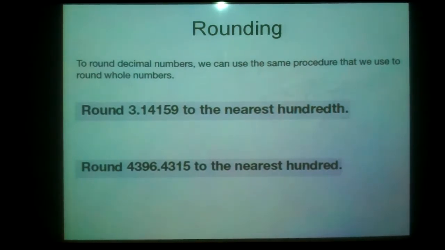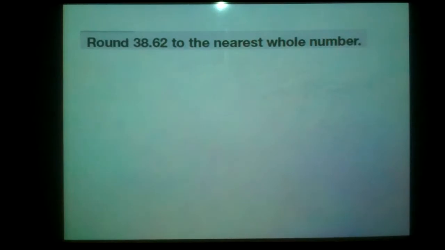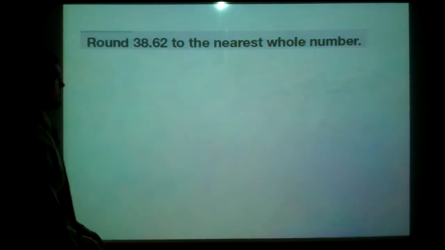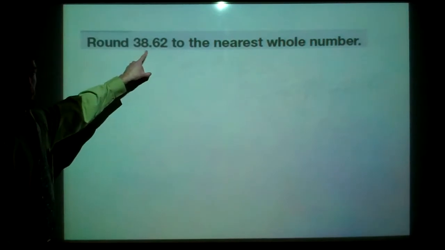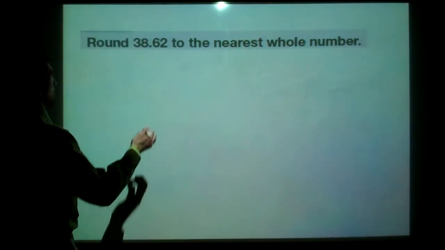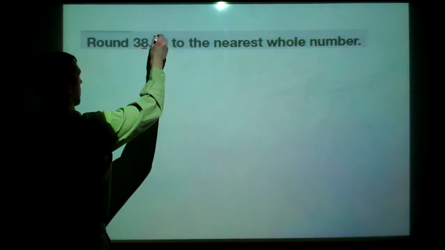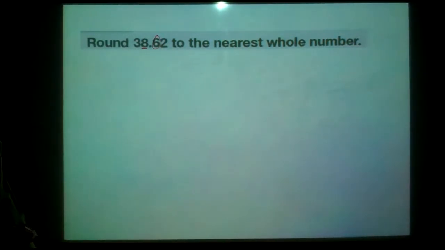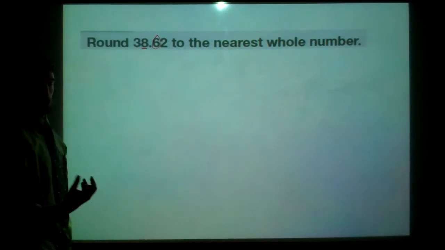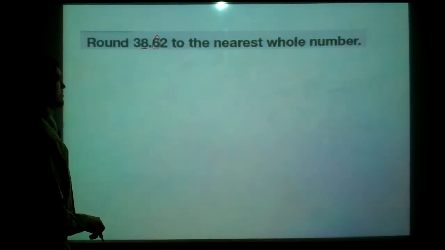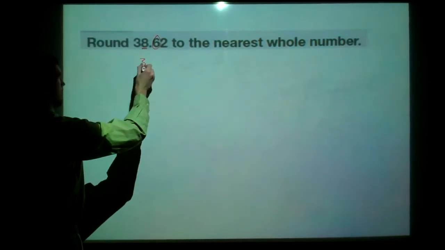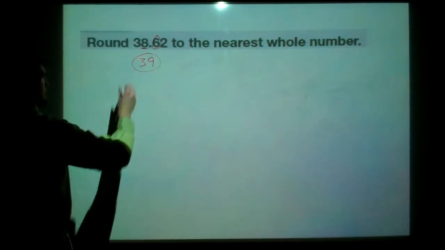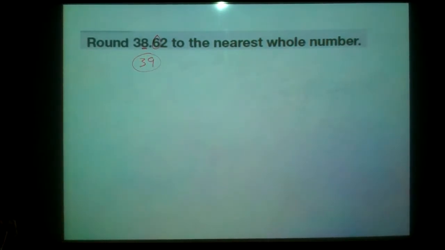Okay, moving on. I think we have 2 more examples here. Round 38.62 to the nearest whole number. Okay. So the nearest whole number would be on this side of the decimal here. And we're going to look at our ones place. We're rounding that by looking at that. Okay? So remember, whole numbers means no decimal. So no decimal. 6 is 5 or bigger, so we're going to round that up to 39. Okay? And lastly,